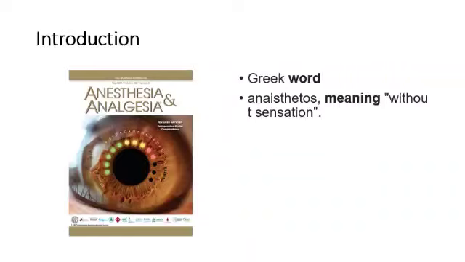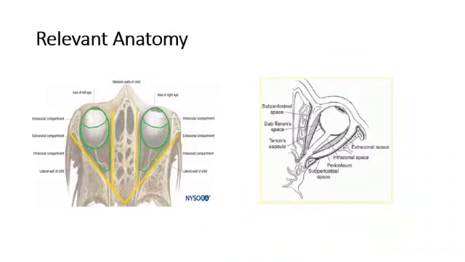So anesthesia in the eye per se has three components. That is anesthesia to remove the sensation, analgesia to remove the pain, loss of pain, and akinesia, that is loss of movements of the eyeball. So akinesia may or may not be there depending on the type of anesthesia chosen. For example, if we give topical anesthesia, that is if we use a topical anesthetic like proparacaine, akinesia need not be there, but still the patient will not have any discomfort because there is no pain and sensation will not be perceived.